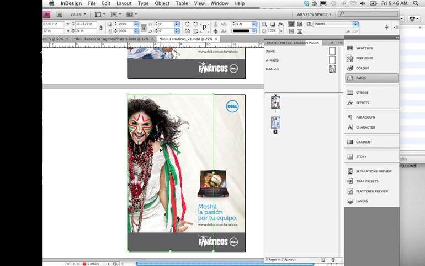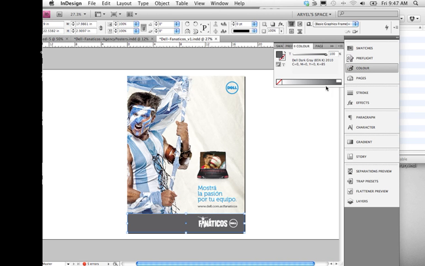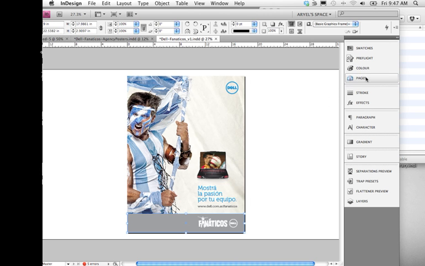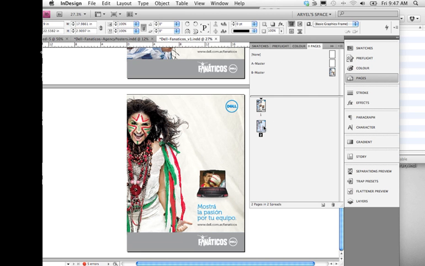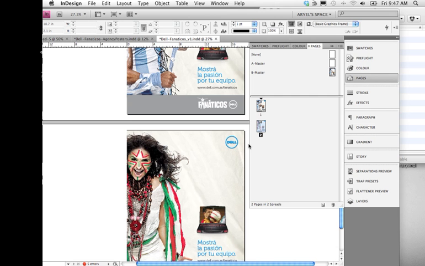Alter it and just alter it once. I want to change the color of this. I'll just change it right here, and then it will update on my pages. So trying to work as smart as possible using master pages, using layers, is really the best